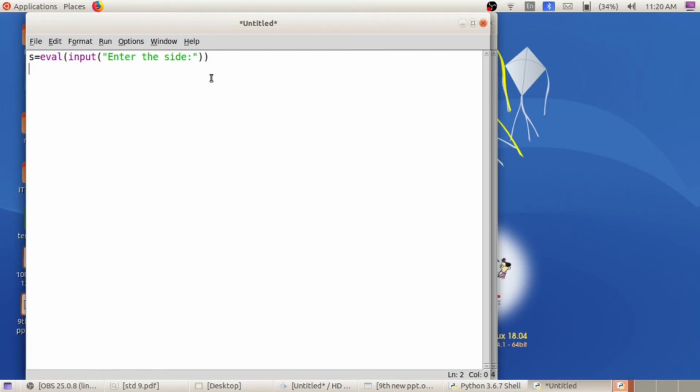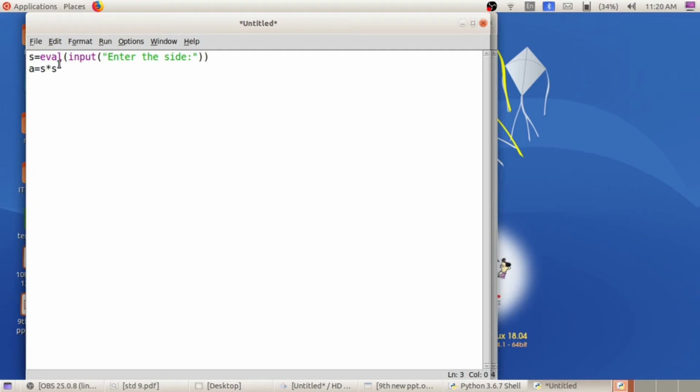Then next sentence is what? For another variable, store the corresponding equation S into S, because to that letter S we have stored the side value. So the equation is side into side. Whatever letter we are using here, you must specify that corresponding letter in the equation.